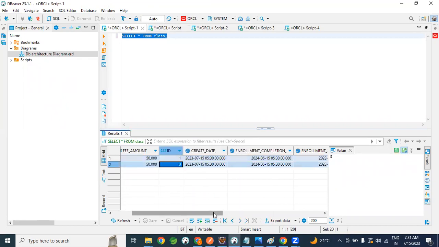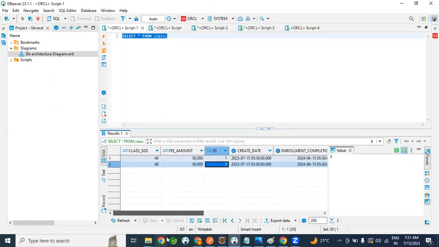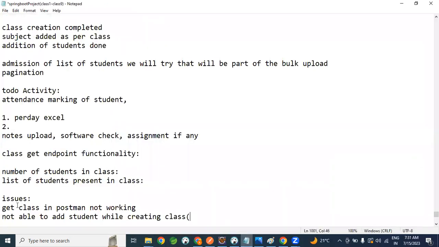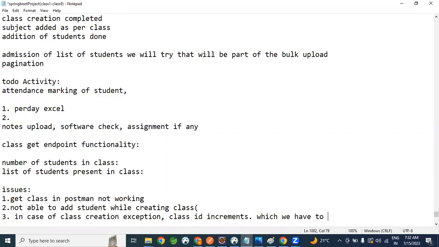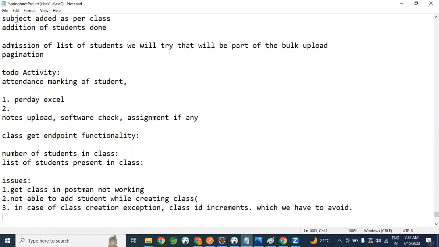Okay. So we should avoid the auto increment of the class ID. Whenever an exception comes, it is incrementing. Okay. So this is the third issue. In case of class creation exception, class ID increments have to be avoided. And class ID